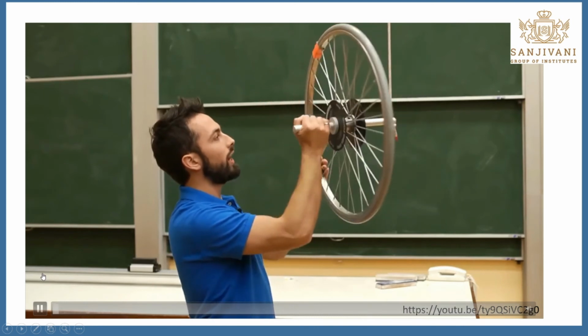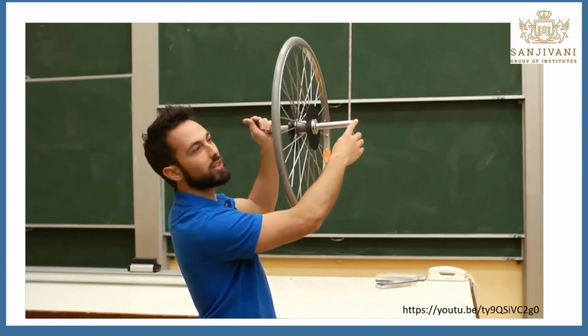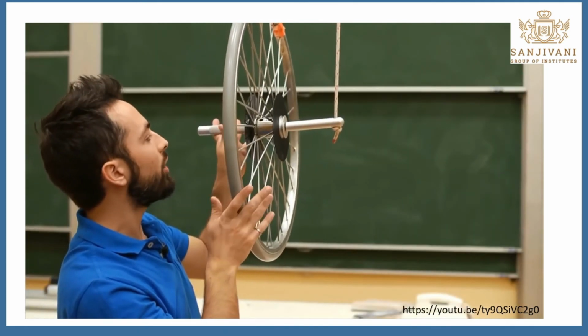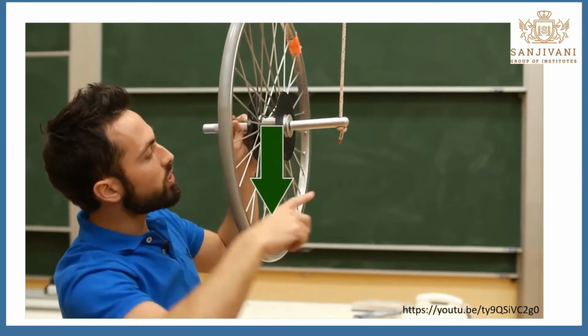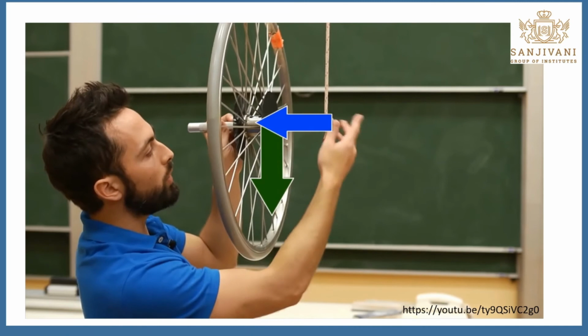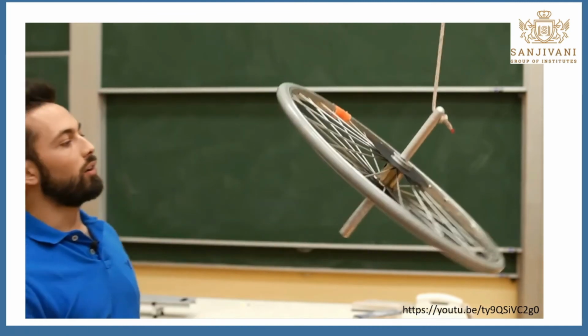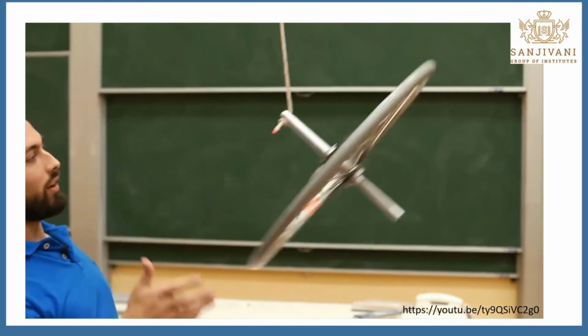Further, let's have a look at this setup that I've got. I have a wheel here hanging from only one side by this rope. And so right now there's actually a torque on the whole system if I let go, because the weight of this wheel is pulling down, and that force is applied at this distance away from its pivoting point there. So if I let go, well, it does exactly what you'd expect. The wheel swings down this way.